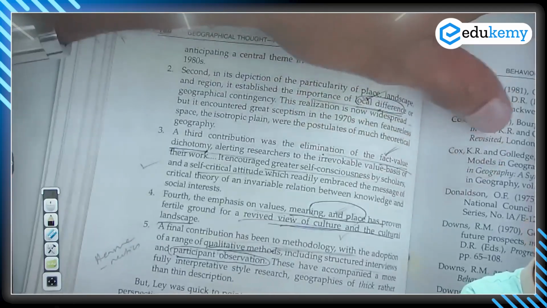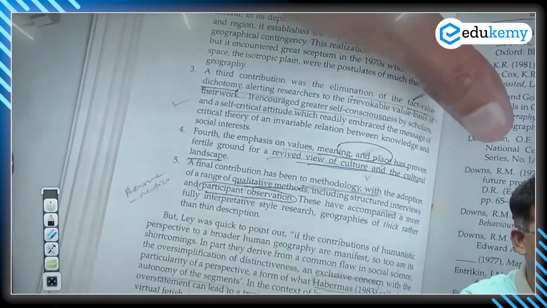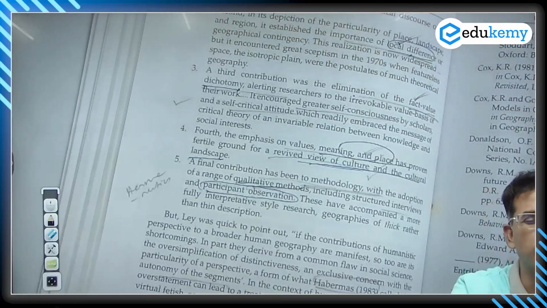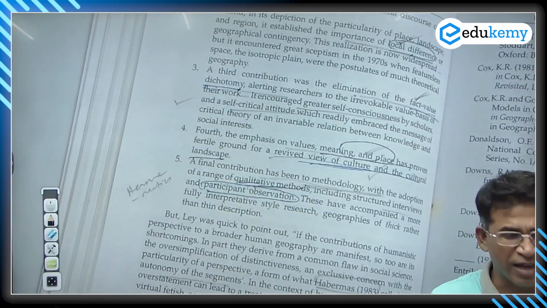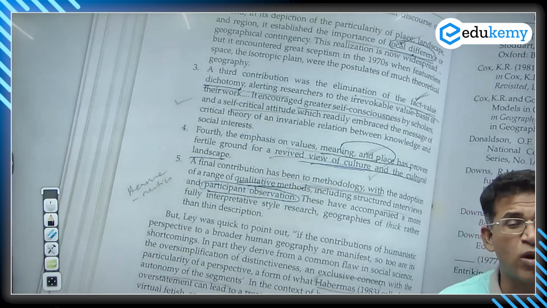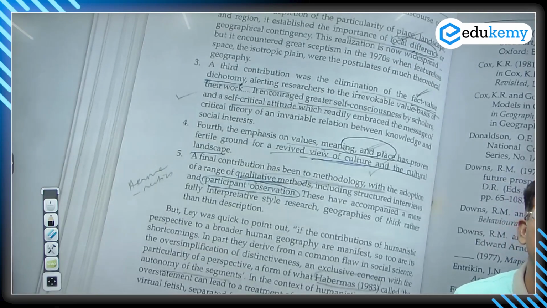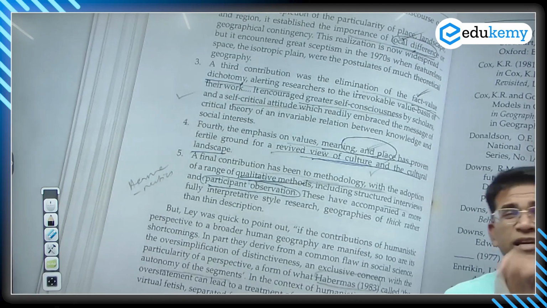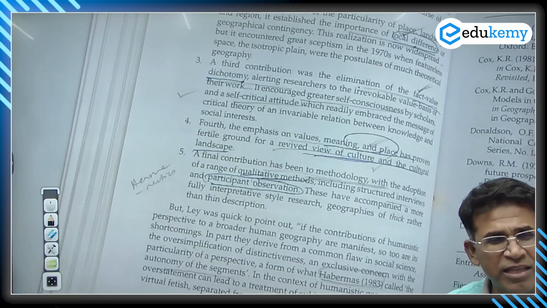Culture was ignored, as I told you. And finally, the technique called participant observation. Don't just apply logic every time. Go and watch. Go and be an active student. Don't just sit here and say what is the feeling of people in Africa during hunger and famines. Go there, stay with them, live with them, and then tell us what they think. It's called participant observation. You are part of that study group, participating with the people you are studying. So before you talk about what India is, what India's cultural ethos is, what India's problems are, first live in India for 10, 12, 15 years.